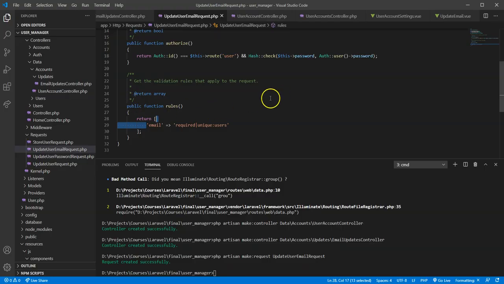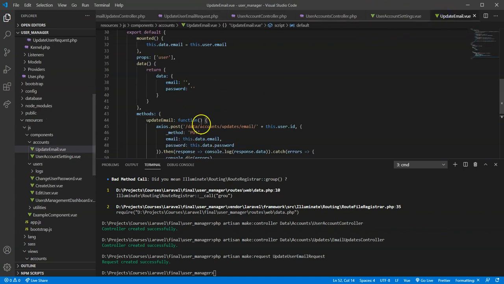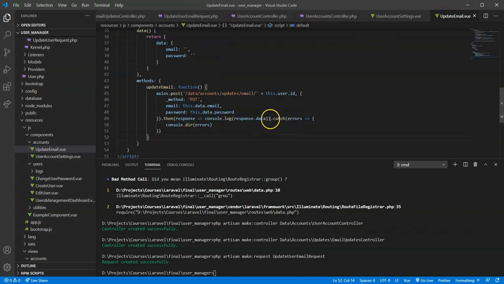Okay, let's go display those errors on our front end now. So update email component again, under catch. I'm going to do one other thing here. Errors. All right, good. Okay. So first of all, if